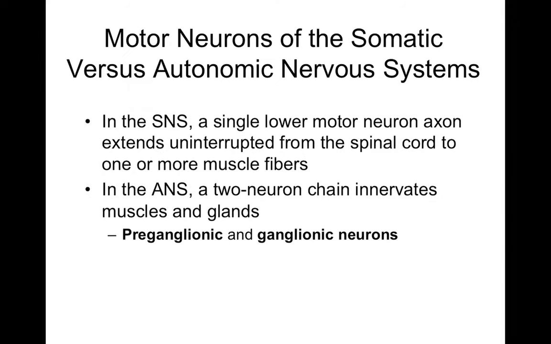So in the somatic motor system, we have a single lower motor neuron that has its cell body in the ventral horn of the spinal cord. That axon exits the spinal cord, goes through the ventral root into the spinal nerve, out to some sort of peripheral muscle, right? And it's going to be skeletal muscle. Now, it's uninterrupted along the whole length, and there's only one long axon that goes directly to that muscle. So what does this mean then if that axon gets cut?